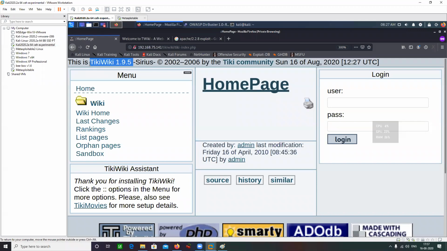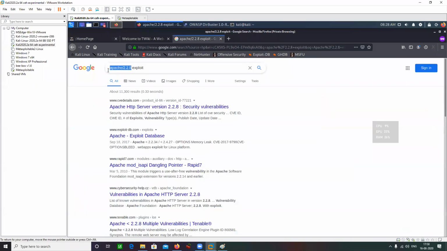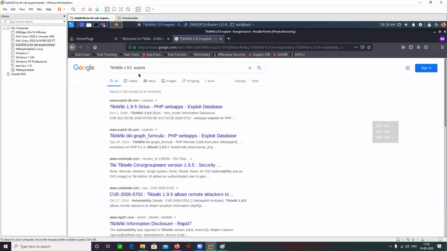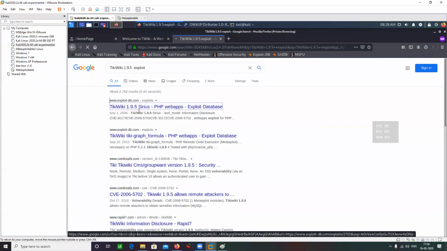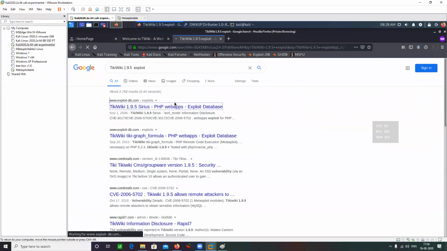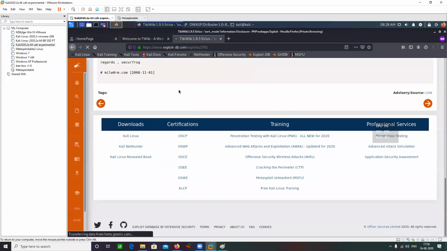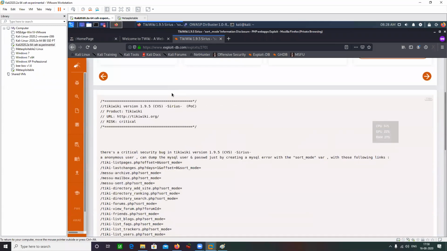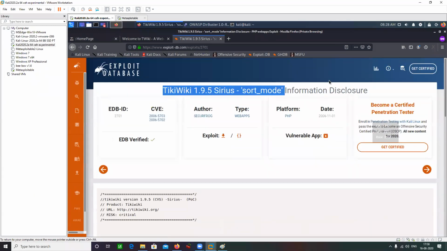So I can specifically search for exploits relevant to this version. Let's just copy this one, go here and paste it. TikiWiki 195 exploit. Go to Exploit-DB, our favorite website for exploits. It says some kind of information disclosure exploit.